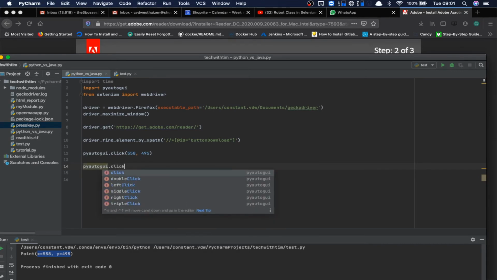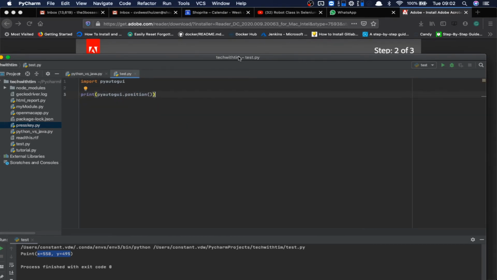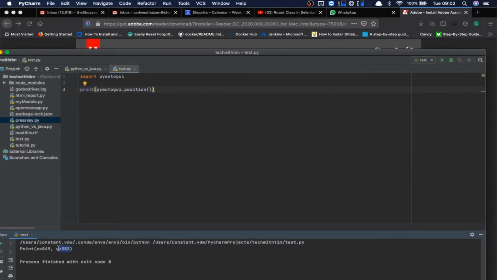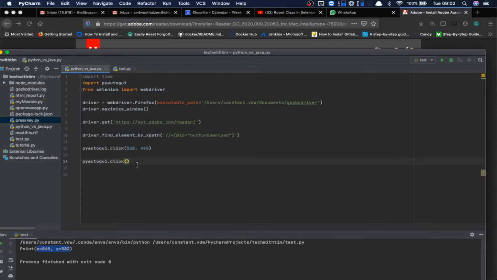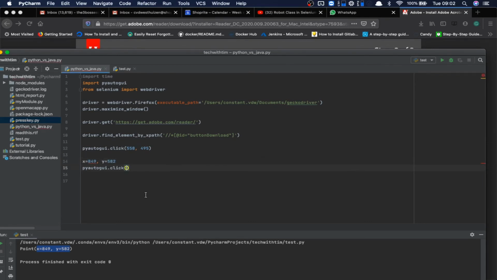I'm going to do this again because I need to click OK. What I'll do is on this little file here, I'm going to run this to find out what the position is of the OK button. And I'm going to run this again. And once it's done, I'm going to copy this location on screen for the OK button. Go back to my file, then paste just to get the numbers, which is 849, 582. Right, and I can get rid of this. Okay,